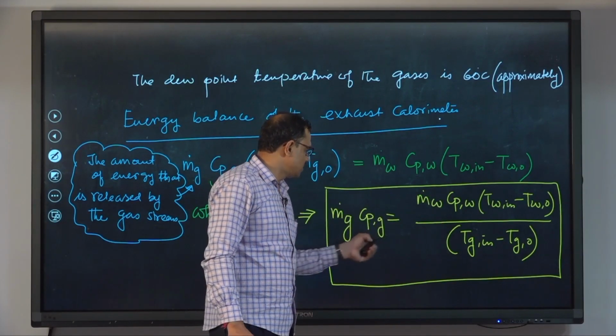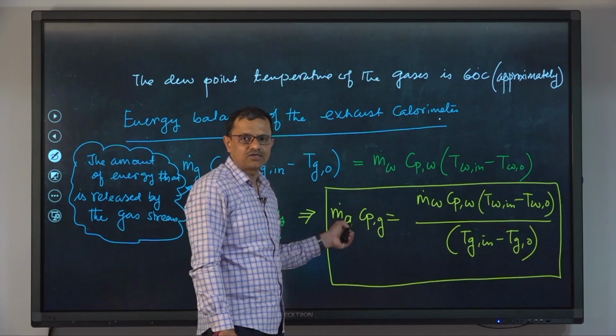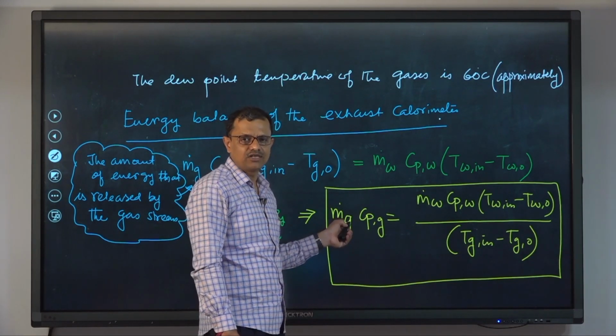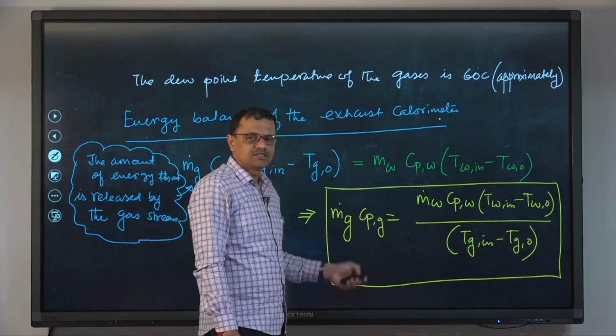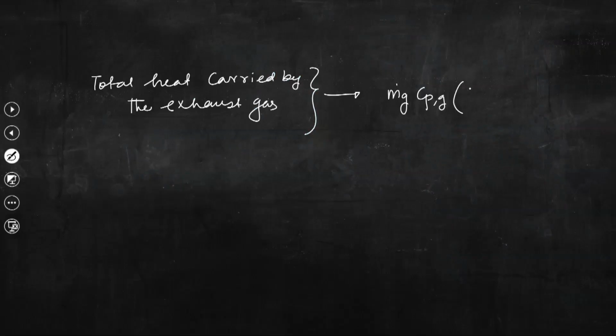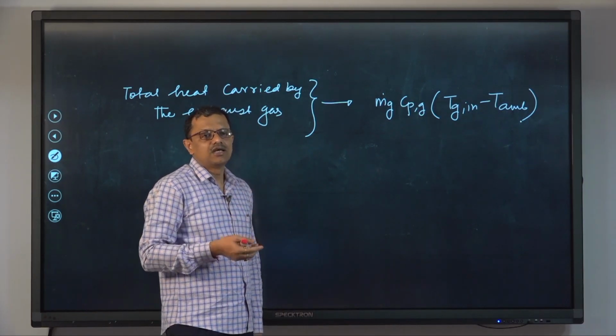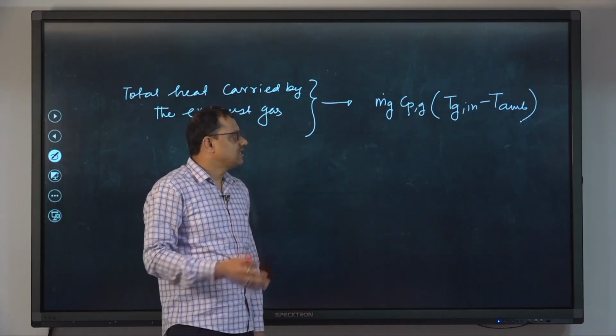Measuring all these quantities we can have an estimate of this, that is the product of mass flow rate of gas and specific heat. So, this is known. Then we also know T G in minus T ambience. So, essentially this is the total amount of energy that will be lost to the surroundings,